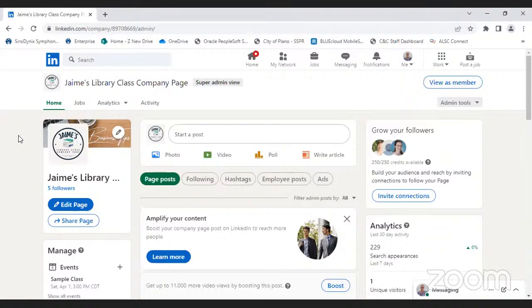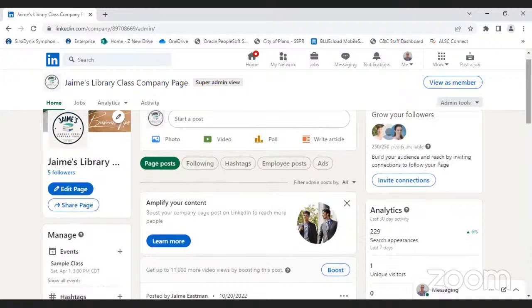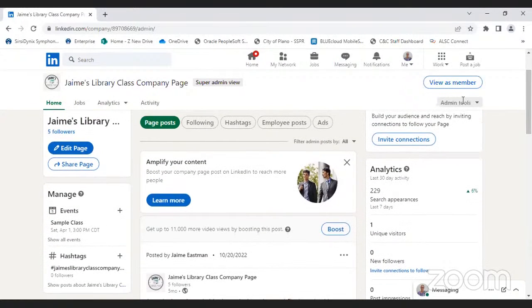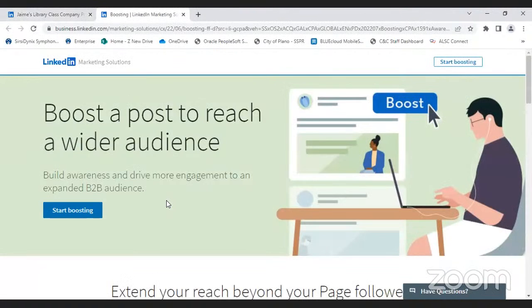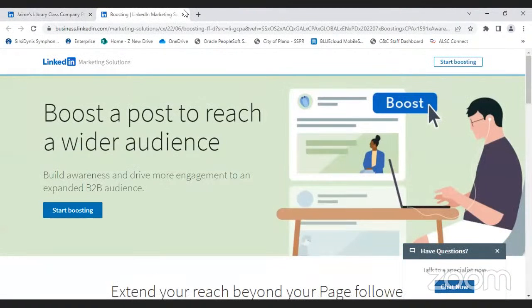My page does not have any employees associated with it, which does limit what I can do on here, because I don't see those employee milestones or suggestions because they're not connected with me. If I saw something that I was particularly interested in, I could go ahead and create a post around that. LinkedIn will also give me some additional ideas and information. They might tell me, hey, you can amplify your content, learn more,